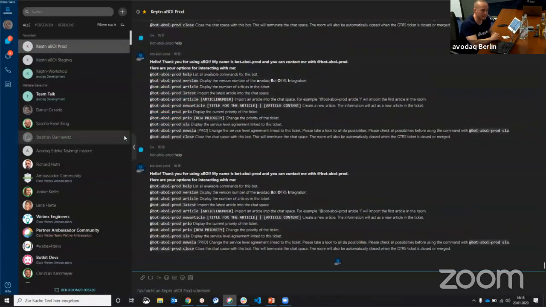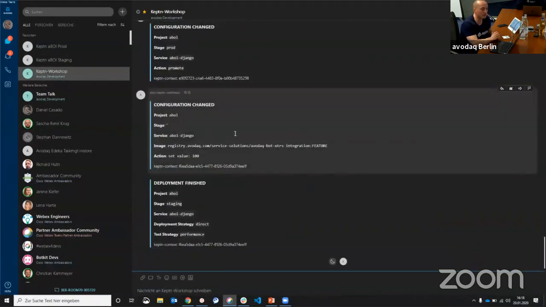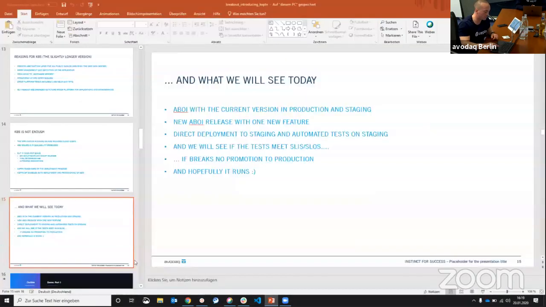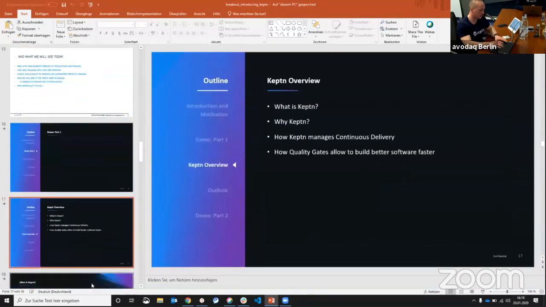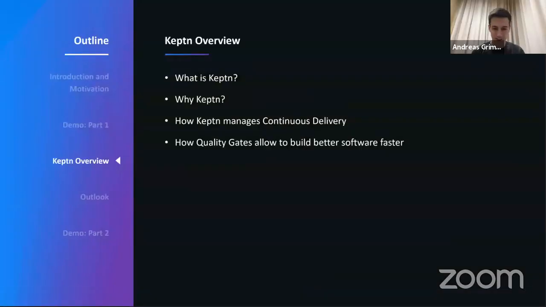Yeah, you can see this, and now we will wait for the tests that run in the background against our SLIs and defined SLOs. And if we match the tests, the feature will be promoted to the live environment. And with this, I will jump back to the presentation and actually hand over to you, Andreas. And please just give me a sign if I should tick forward a slide. And yeah. Perfect. Thank you.